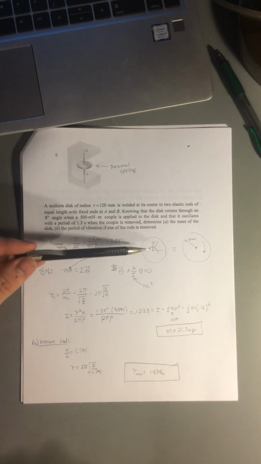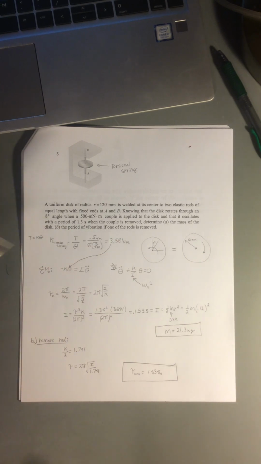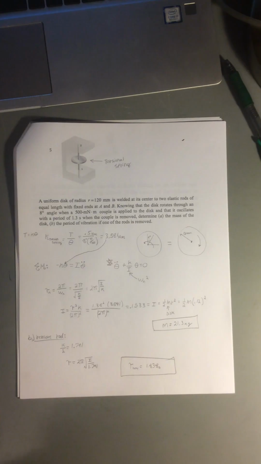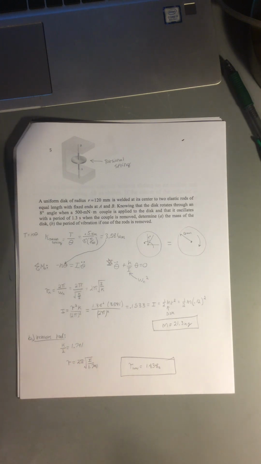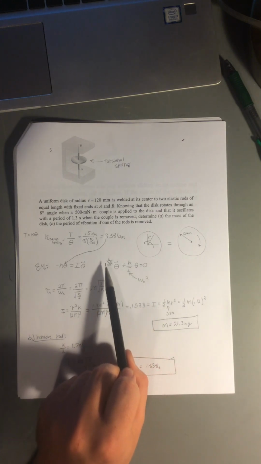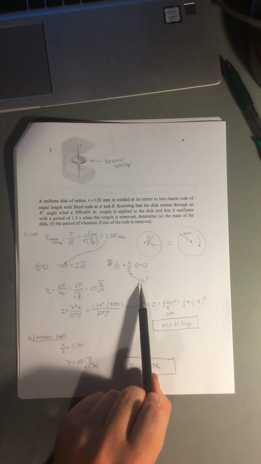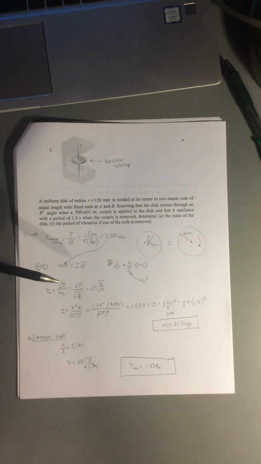Then, looking at this problem here, we can take a moment about this center here, the origin, and doing so gives us this term here. And that is equal to our I alpha term, or in this instance alpha is our theta double dot. Then from there we can just rearrange this equation to get it into the standard equation that we're always looking to get it into in this chapter. Rearranging this, it equals this. Once we have our equation into this form, we know that this part here is our natural frequency omega n squared. And then from there we can